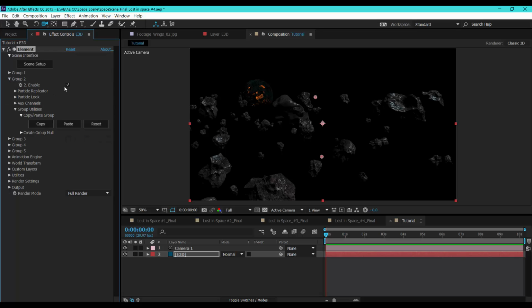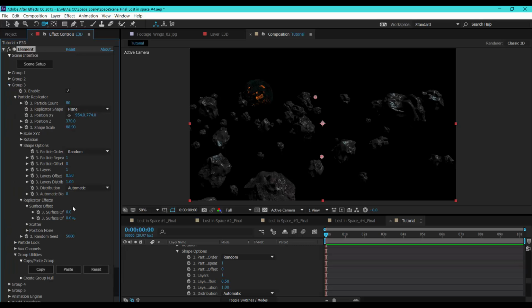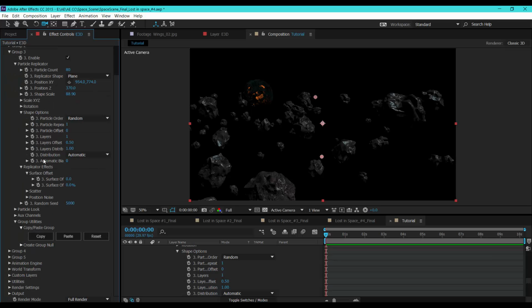and one thing we can do here, let's copy this group and paste into this group. So paste, so it's all exactly the same as group 2. So in order to randomize these, all you need to do is randomize the seed here.